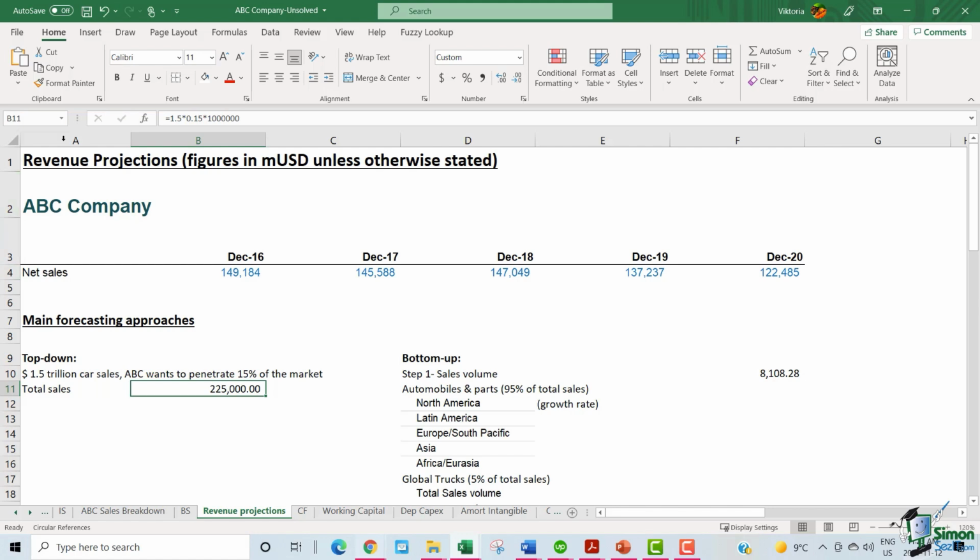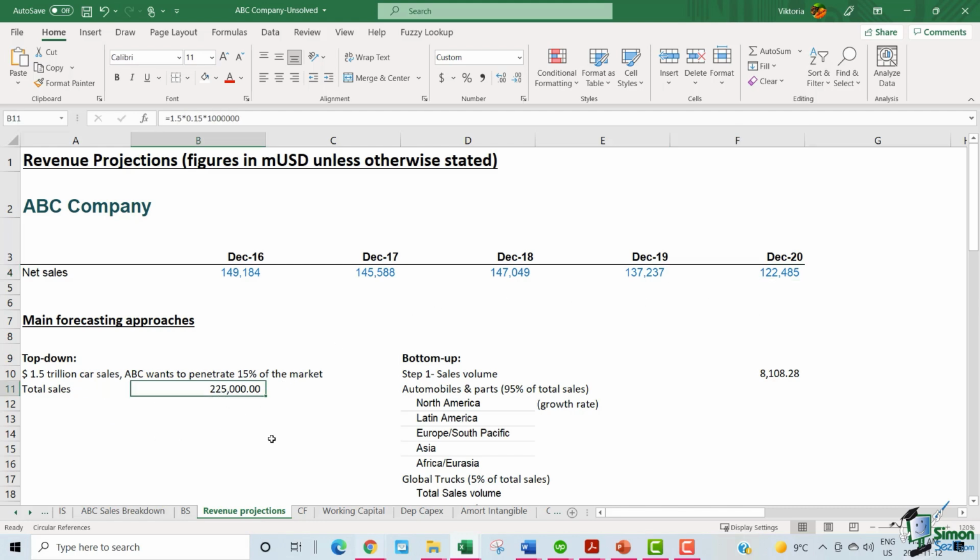The total sales would be 1.5 times 15% times 1 million, because the figures are in million USD. The total sales should then be 225,000. As you can see, right now ABC is at 122,000, and it has a long way to go in order to